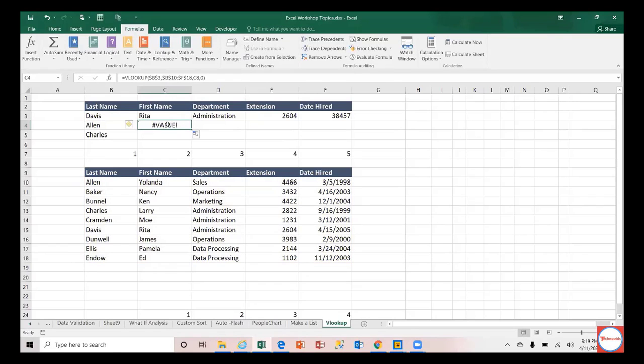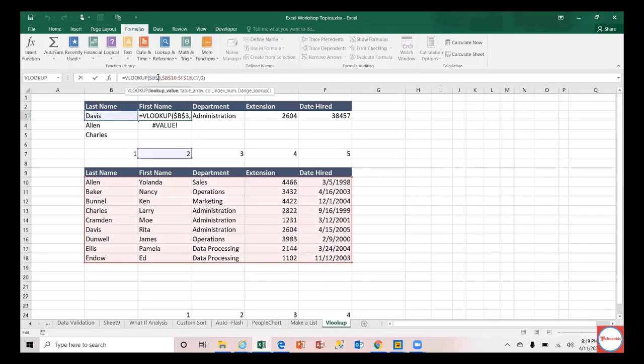What I want is to pick for Alan. So how can I do that? Here it is B3, here it's B4, sorry, and here it's B5. That means B is constant, but the row is changing. That means I have to remove this dollar here. You can remove it manually by pressing backspace, but you don't have to take that trouble.